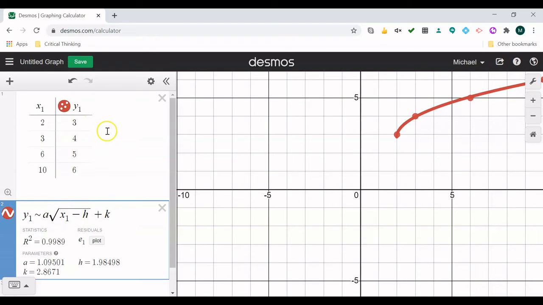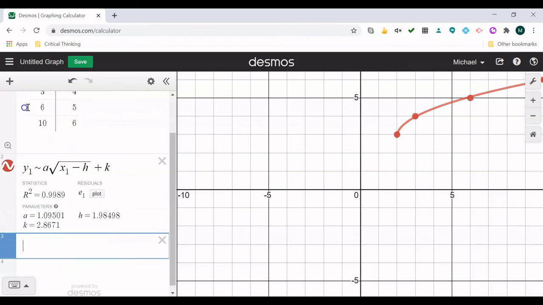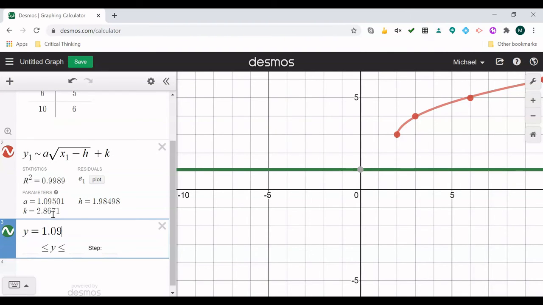Now, if we had multiple sets of data, we had x2 and x3, we need to actually specify which one we want it to plug into. So we specified and we have it plugged into this specific equation. Now, our last step of what we can do, and just to make it a little bit nicer and easier to read, is we'll just retype the equation